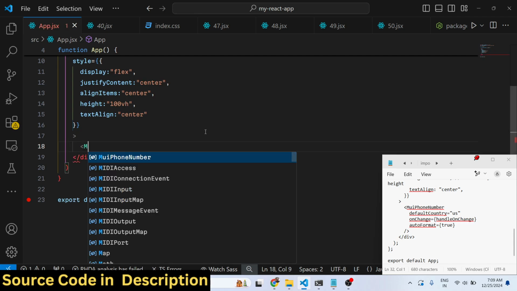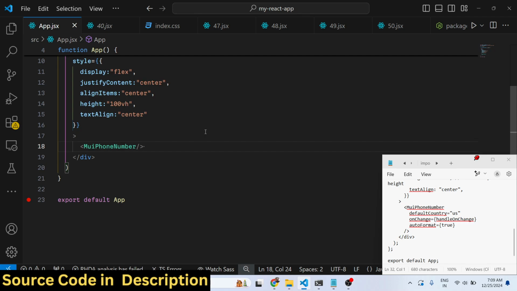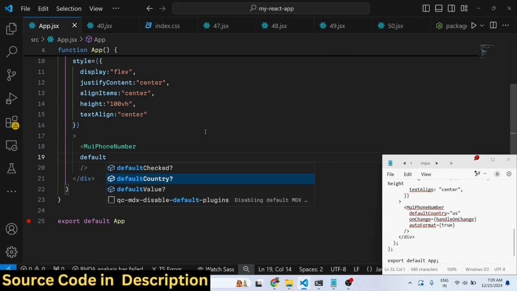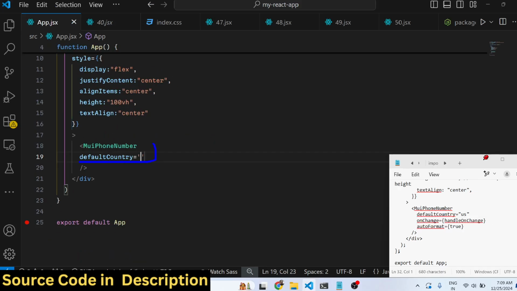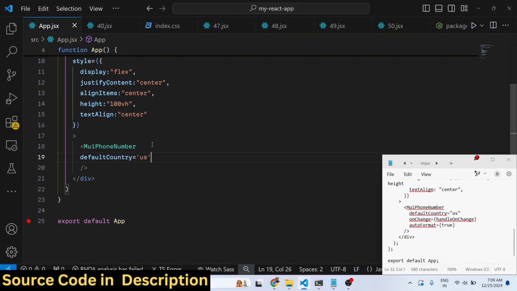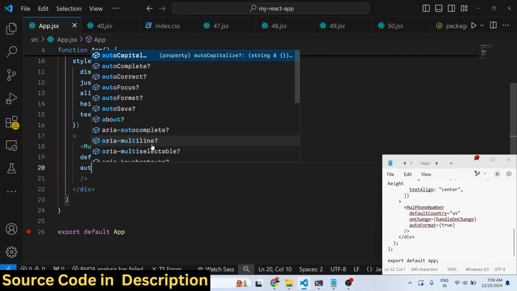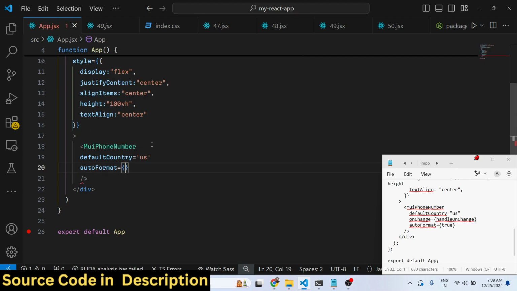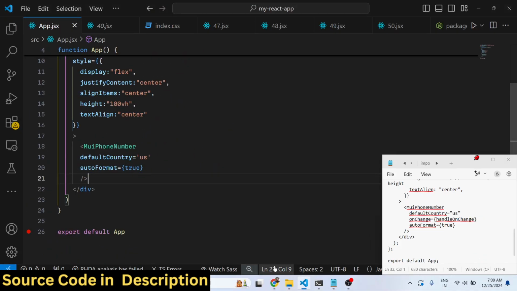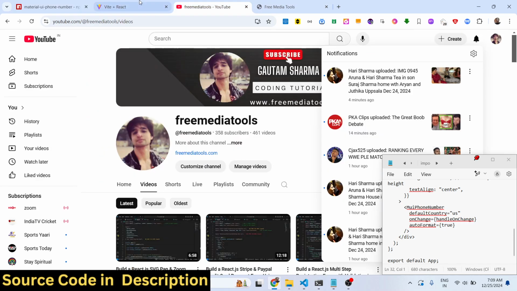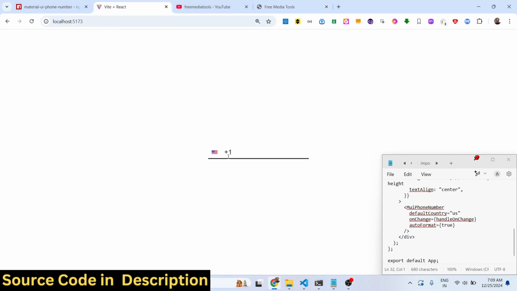Now you use this component MUI phone number, material phone number input, and it actually takes some options, which is the default country that you want to show inside your input field. So I will just say US, United States, and there is also an option to auto format. So you can make it true. So now the formatting will automatically format as you write the phone number, as the user will write the phone number. If you refresh your application now, you will see this input field, and by default US will be selected,